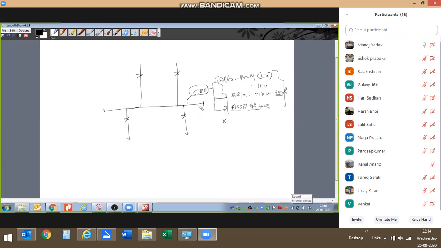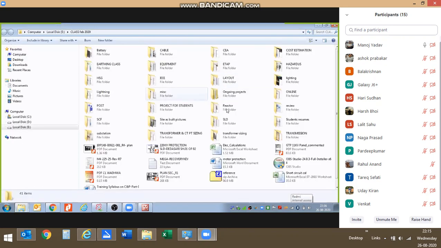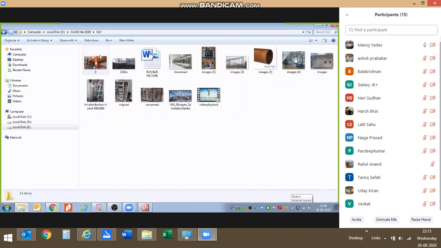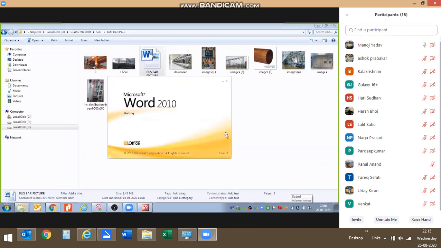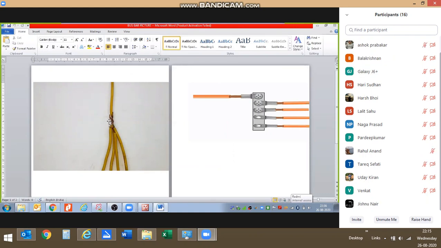So like this we are using. And why is this bus bar required? This is another question. If this bus bar is not required, then why is it required? I've just taken one picture from Google, just to explain why the bus bar is required. If we want to connect this incomer with all the outgoing feeders, incoming supply to all the outgoing supply, we can connect like this. But this is not the correct method of connection.